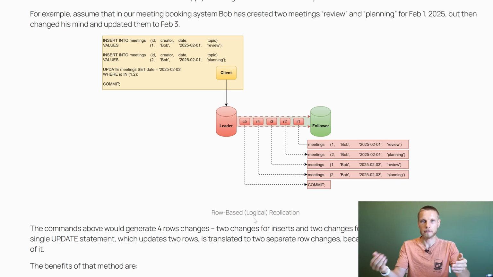This method has several important benefits. First, determinism is not a problem anymore because we don't send commands, we just send values. So values are always deterministic. Secondly, because we just send the logical content of rows, it's not very dependent on the internal structure of how data are stored in the database, on the underlying database engine. And thus, it's usually not a problem to have different versions of a leader and follower, for example, when we are doing some upgrades. And the third benefit is related again to the fact that changes are high level and